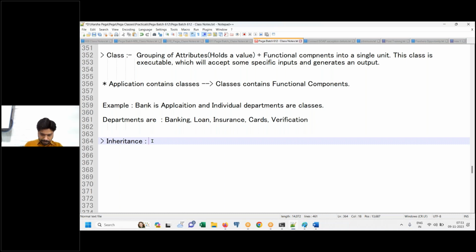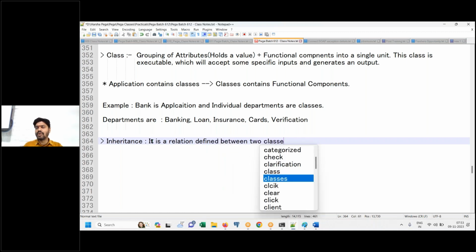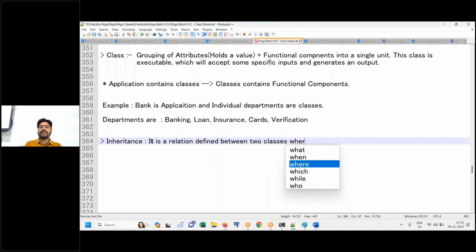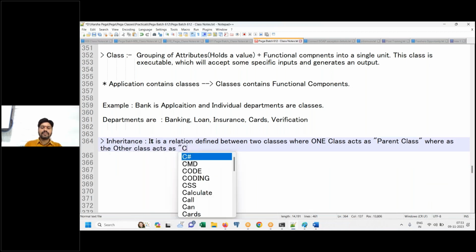Inheritance means it is a relation defined between two classes, minimum two classes, where one class acts as the parent class, whereas the other class acts as the child class.